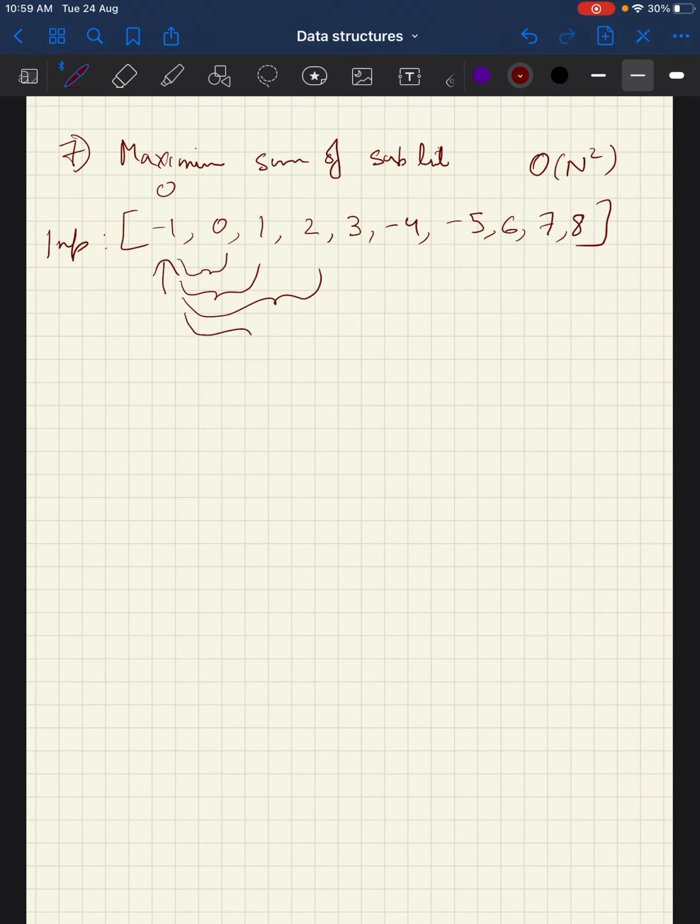You have two index pointers, and one pointer you hold steady, and then you keep on increasing the length of the array by moving the other pointer to the right. This will guarantee that eventually, when the first index pointer reaches here and the second index pointer reaches this point, we would have got the final max sum. But it's a little bit more expensive at O of n square.